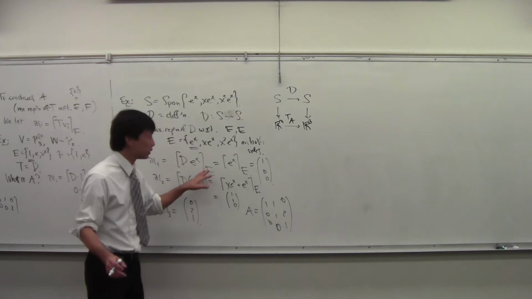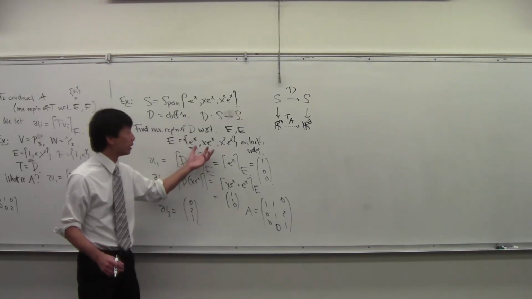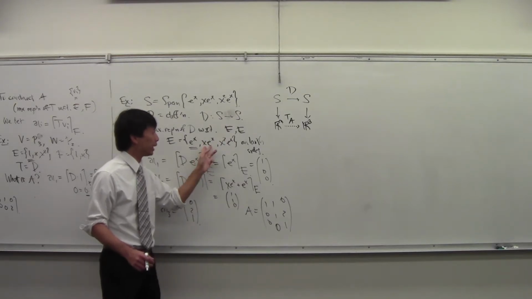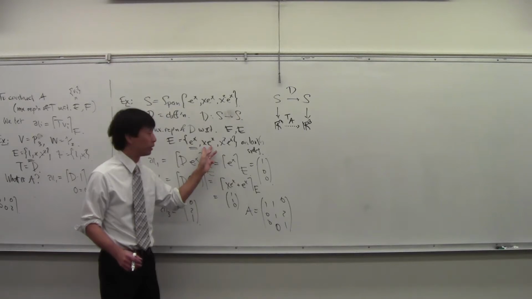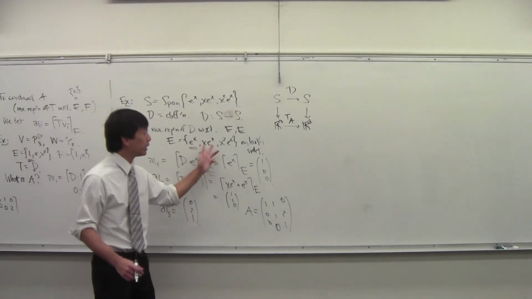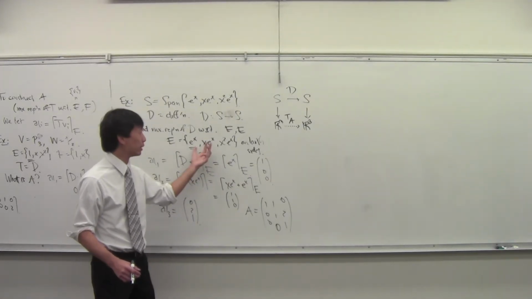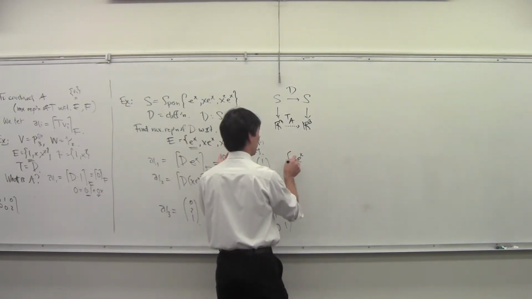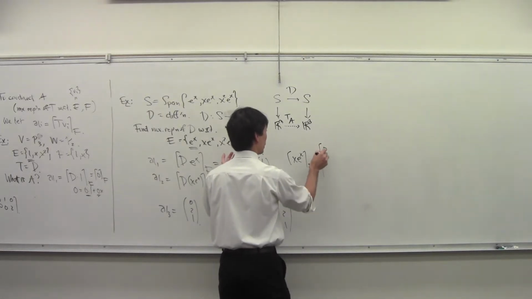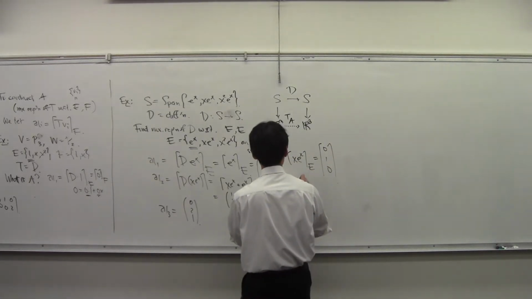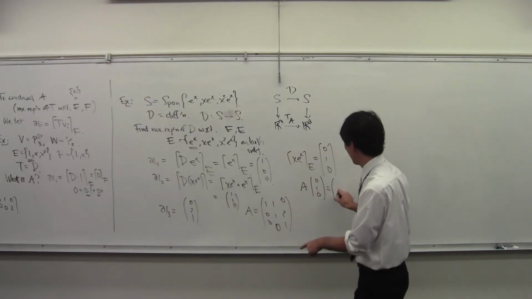Let me just try to make this a little bit more clear, Nico. If I take x e to the x and differentiate it, I get x e to the x plus e to the x, right? If I take x e to the x and take its coordinate vector with respect to this, well, that's 0, 1, 0, right? Now, if I take that and hit it with A, so I take A times 0, 1, 0, you see what I get is 1, 1, 0,